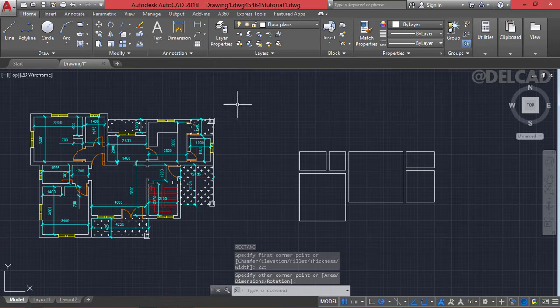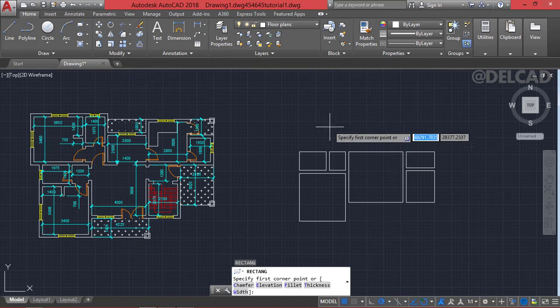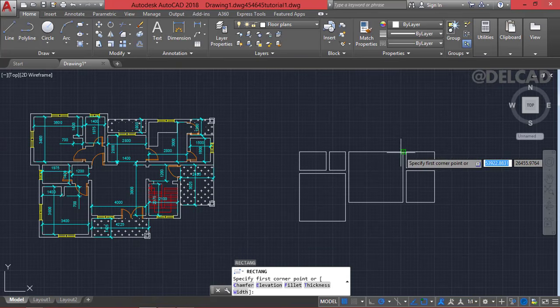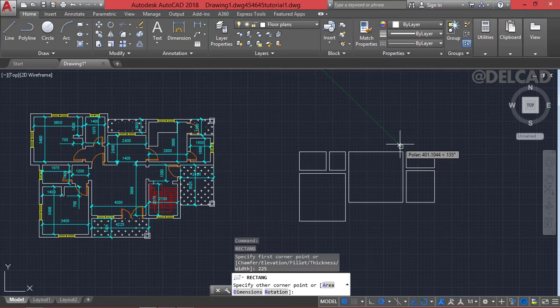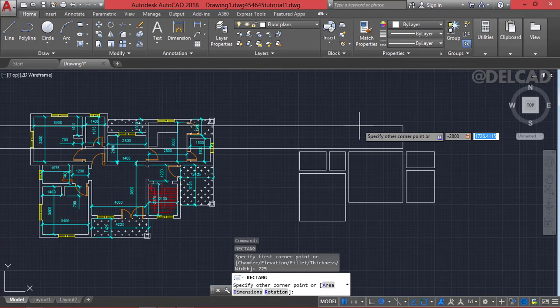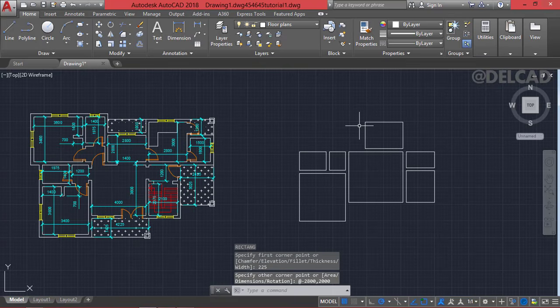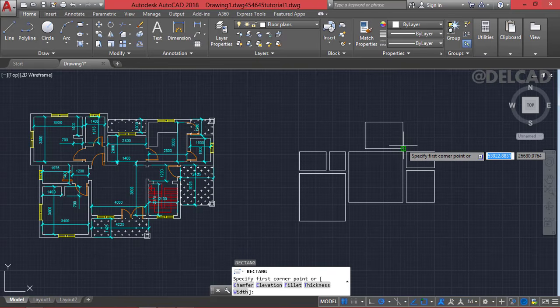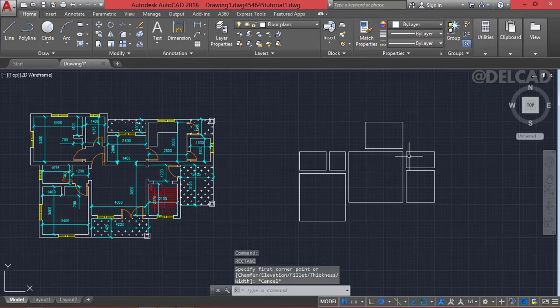Now the next, again, we're going to pick the rectangle tool, and at this point we're going to draw our dining area. Take reference and give an extension of 225 millimeters for wall thickness, and then we're going this way by minus 2800 millimeters in the negative X direction, and then 2000 millimeters in the Y direction. Repeat the rectangle tool, take this point as your reference point and a wall thickness of 225,